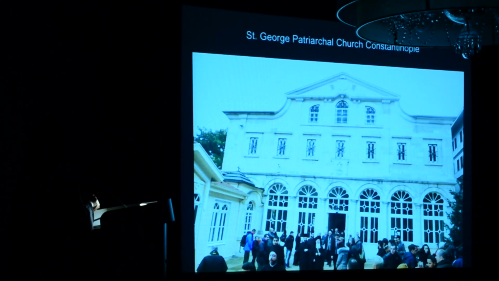Now we go to our own St. George Church in Fanar, inside the Patriarchate. And in fact, the Patriarch is there. It's after the liturgy. This is a building of the time of the Turkish occupation, in other words, after 1545, and it just looks like an ordinary building. You could take it as a church. The only thing is that there's kind of an elevation there, but other than that, we have buildings like that in Turkey.